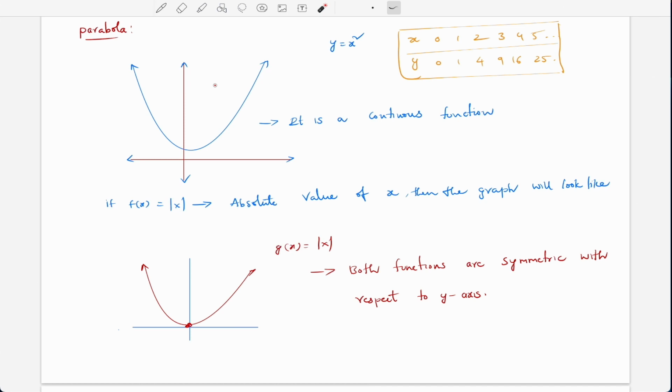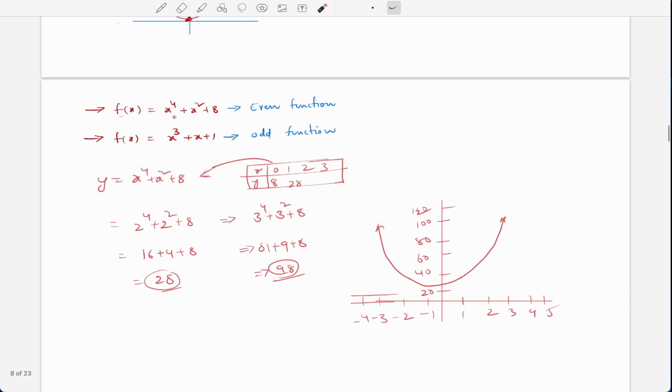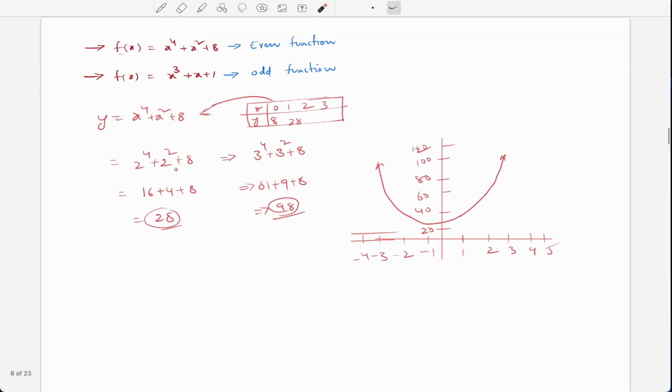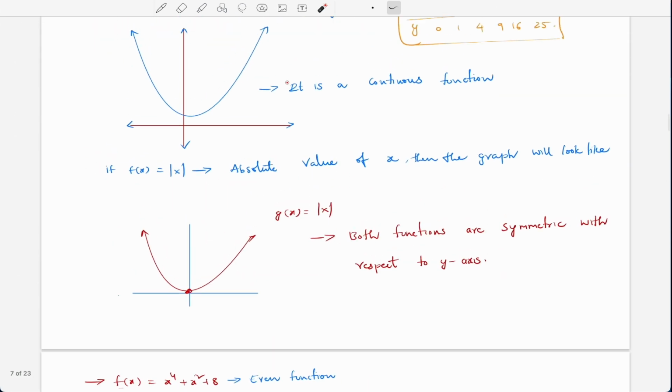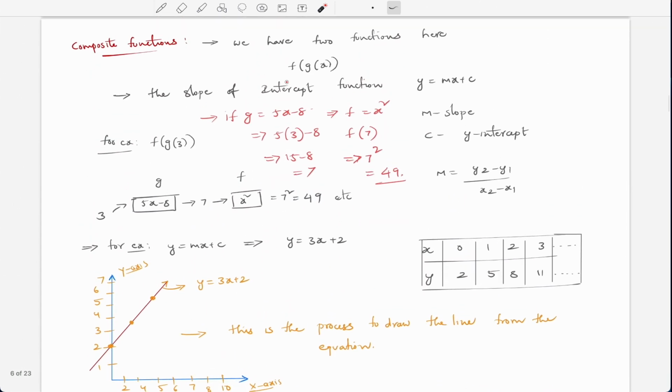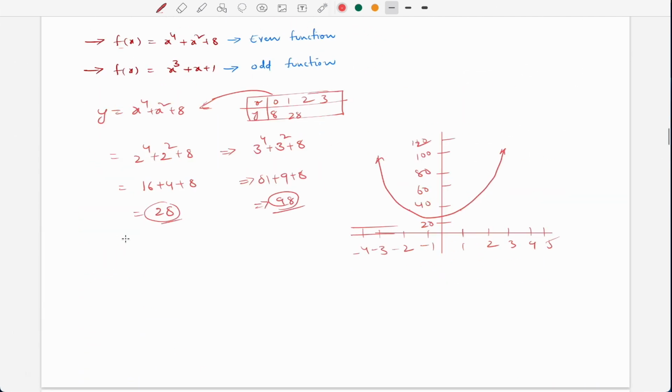I just want you to explore on your own, so that it is easy to remember, what a symmetric parabola is, which is similar if you look at the other side also. I have explained an even function here, so I just want you to explore the odd function. This is the assignment. So I just want to write here: the assignment is,